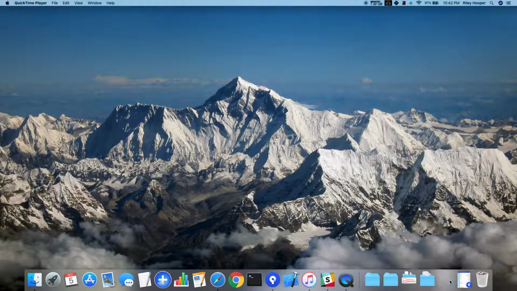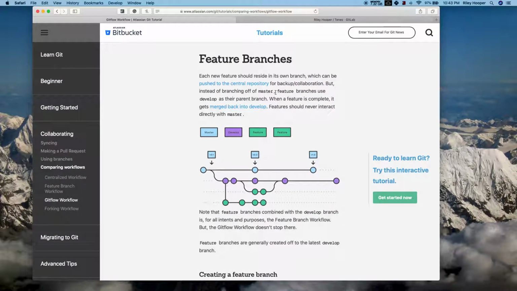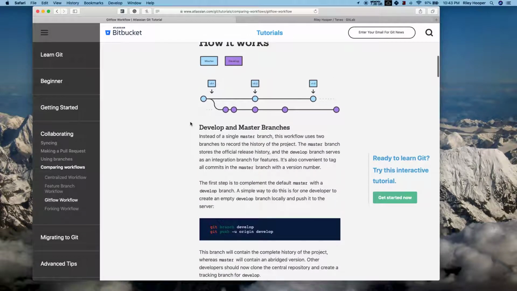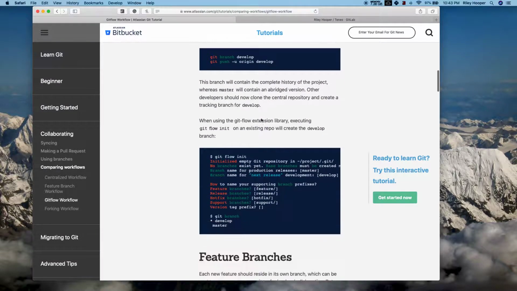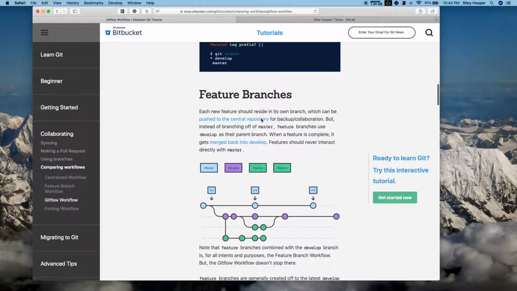So we'll start with a little bit of documentation. So if you search for Gitflow, a couple of resources will come up, but I always look at Atlassian's resources. They're pretty good, and I like how clean their diagrams are. But lots of other people will show you very similar diagrams, but I use Sourcetree and a lot of their products anyway, so I just like to stick with them. And there's a couple of different sections that you'll want to read through that covers the different strategies,